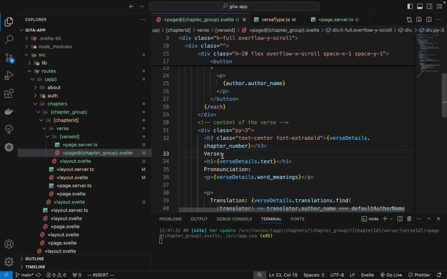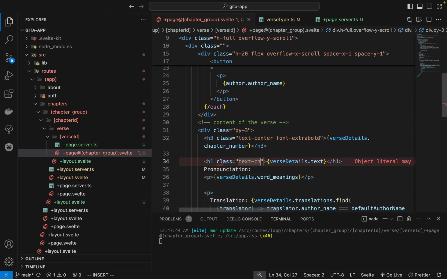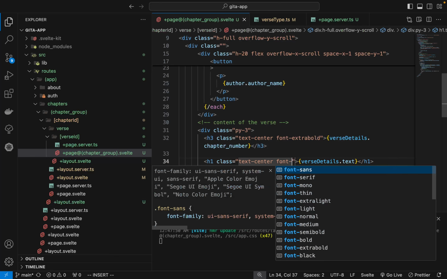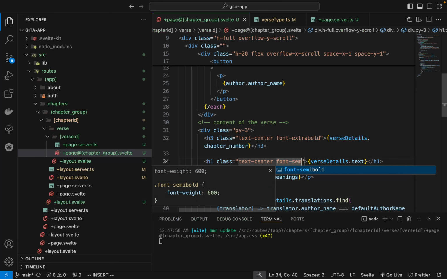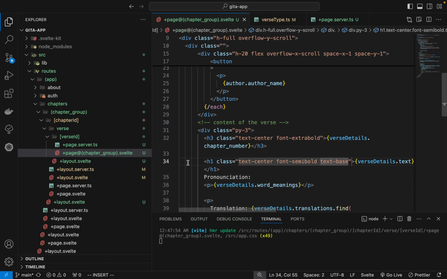This is the verse, so it should be here, that class text center, font semi bold, text base,